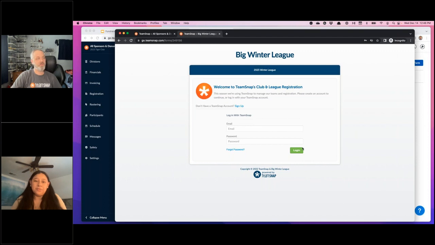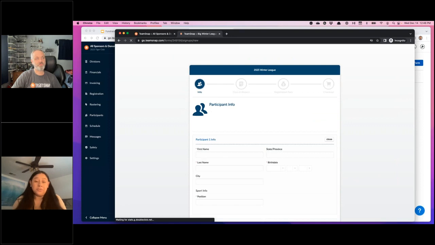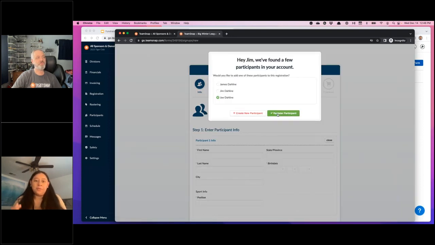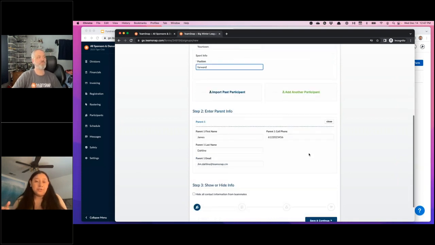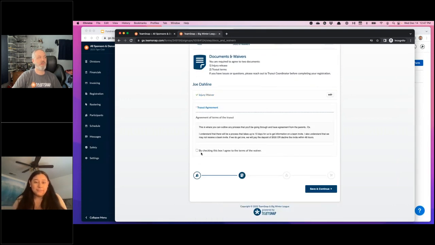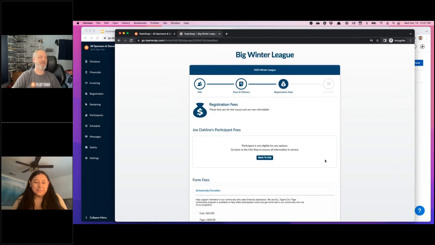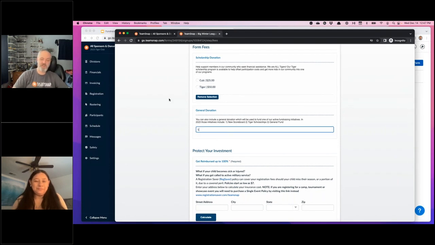Yeah, so you can definitely do the smaller amounts, added within your registration as a form fee. It could be a donation where you set your own amount, or you can do specified amounts, like maybe a small donation, medium donation, and each of those have their own amounts tied to them. So whatever they decide to donate, you can add that. All right, and as everyone's watching me right now, I'm collecting these fees, and then the form fees, which will be presented after I select a season, right? Correct. Maybe just making a simple donation, 25, 50, or the occasional one, like a whole bunch of smaller donations.